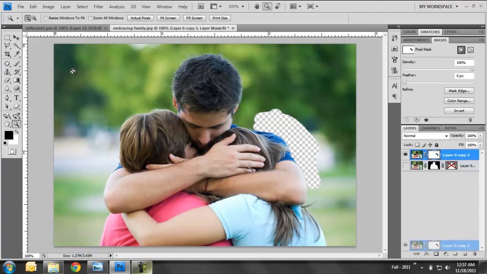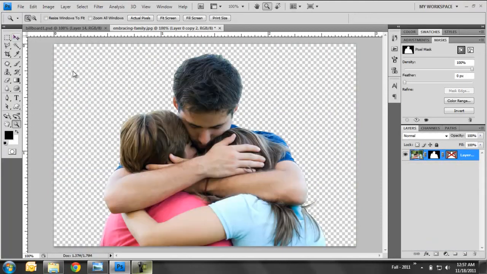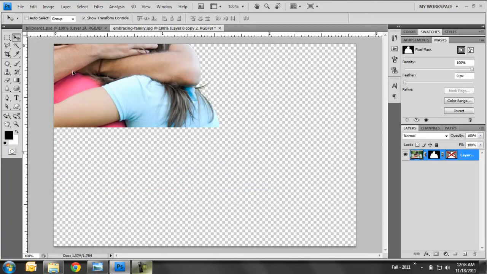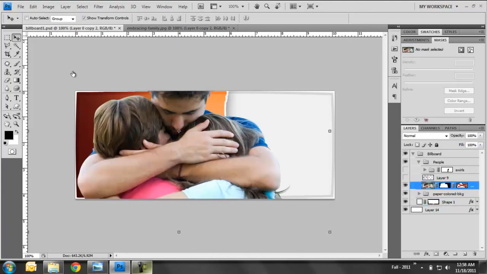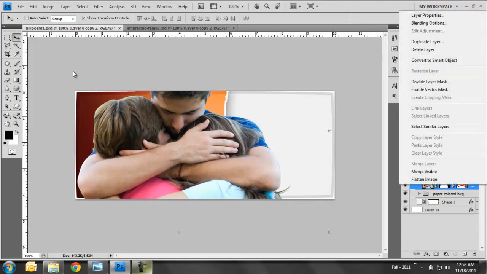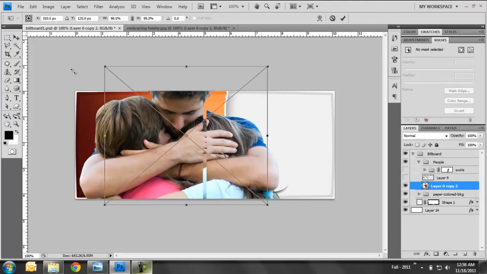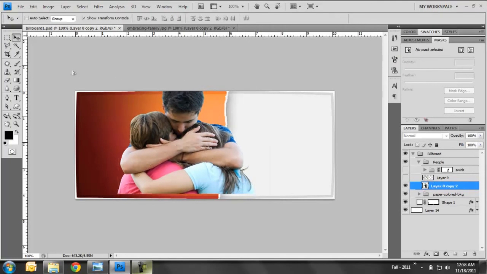I'm going to go ahead and delete that layer. Turn this layer back on that has the vector and the pixel mask. What I'm going to do now is take this cutout image and drop it into the banner file. I'm going to move it up because now it's in the back. You can see it's way too large, so I'm going to convert it to a smart object and make it smaller so it fits ever so nicely